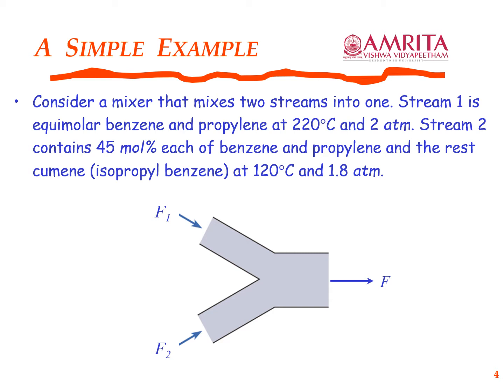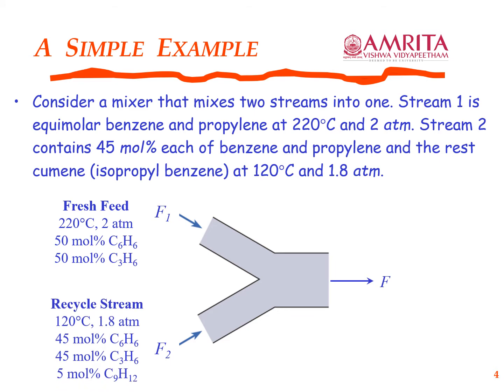So F1 is the variable I've just given for the flow rate of that particular stream. I'm calling stream 1 the fresh feed, because of course the output is going to go into something else, and we're going to look at the entire sequence of processes. So with that in mind, this is called the fresh feed, and F2 I'm going to call the recycle stream, and F is the mixed stream.